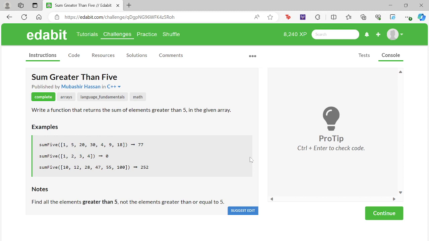This one's called sum greater than 5. It says write a function that returns the sum of elements greater than 5 in the given array. As you can see from the examples, we have the function called sum5, and let's go